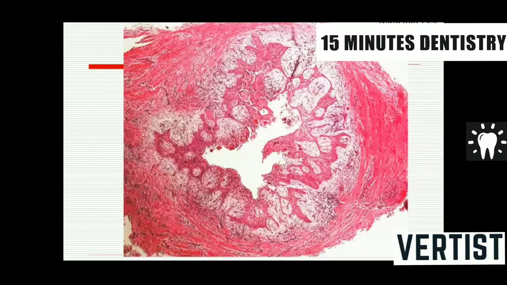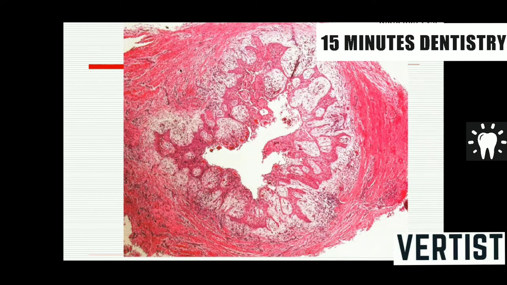The microscopic picture of this cyst is also very peculiar. It is non-keratinized epithelium, and the epithelium is sometimes 5 to 20 cell layers thick. And there is proliferation of the epithelium leading to an arcading pattern. The epithelium is irregularly proliferating and trapping the connective tissue in between. So this is called an arcading pattern.